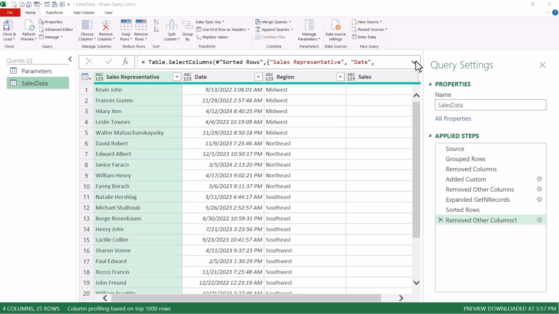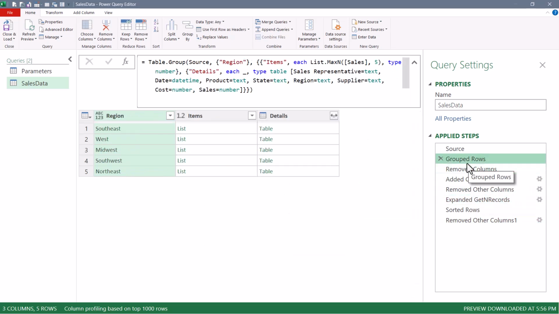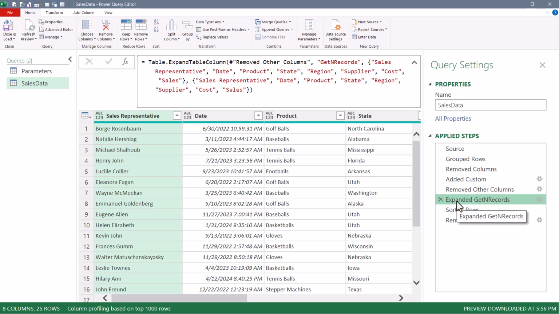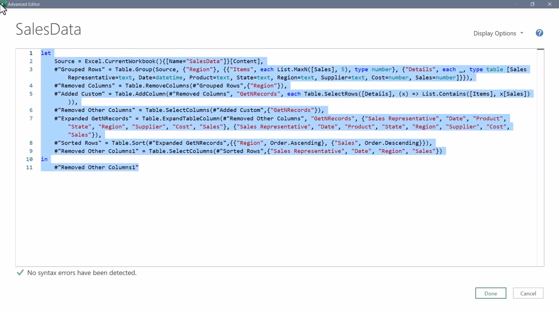We have to go into the M code to start making changes to each of these statements. Doing it row by row is not difficult, but it might be easier just to do everything within the Advanced Editor. If you go to Advanced Editor, this is not pleasant to look at. So as I've shown in previous videos, I like to highlight all this code and copy it, Control-C, and then go to one of my favorite websites,